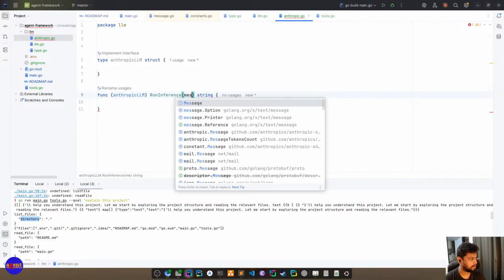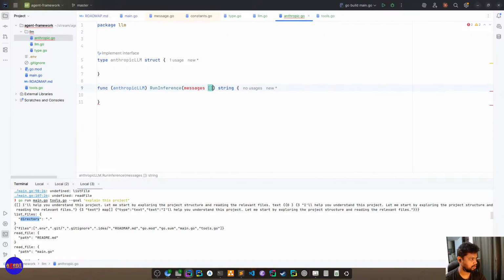It needs messages, add tools, it returns back messages, error, right?